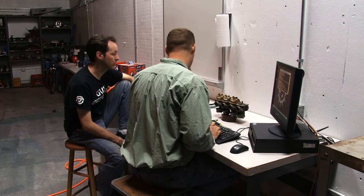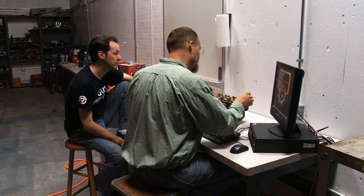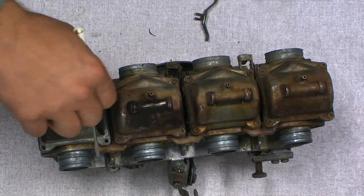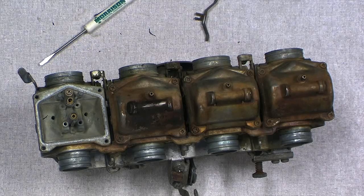Okay. So we're going to take this all apart and then replace all those parts with these parts? Yep. Okay, well, cool. Well, one let's get by on one. All right. So this little guy here is the check valve or float valve that controls where this is. As this pivots